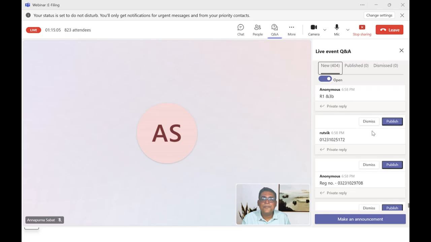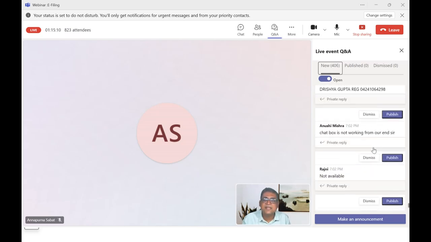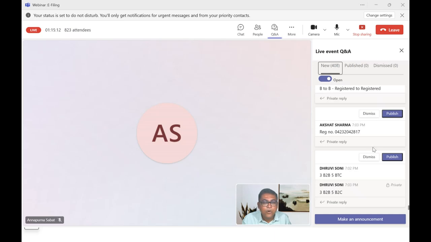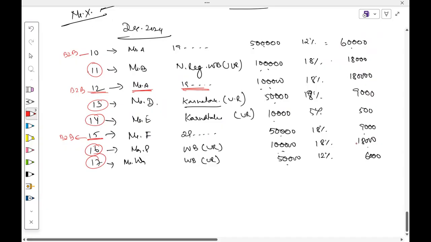Is it clear? In GSTR1, all of the B2B transactions are required to be reported as a single line item. That means each and every transaction, each and every invoice is to be reported separately. That means in GSTR1, all B2B transactions, that means invoice number 10, invoice number 12,